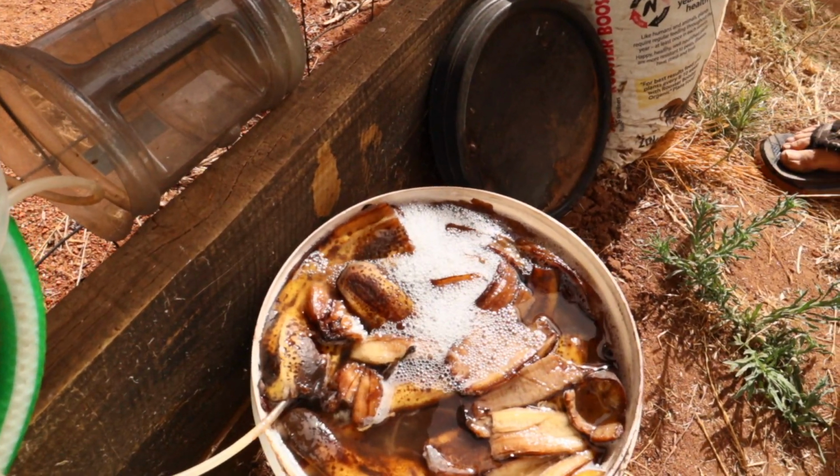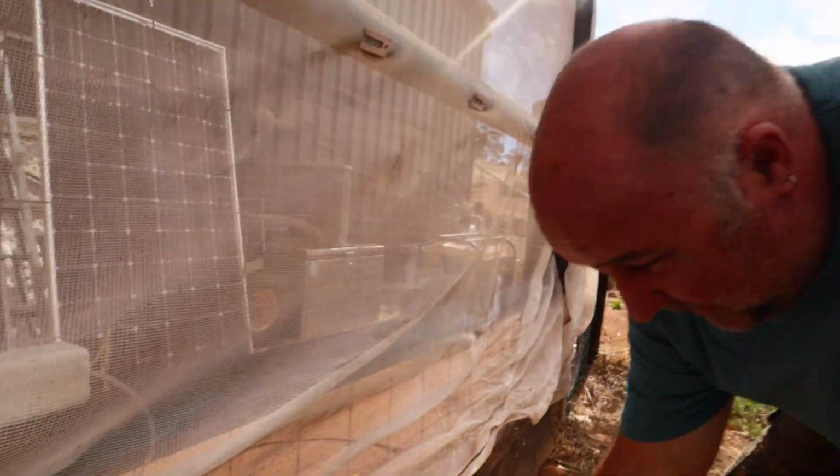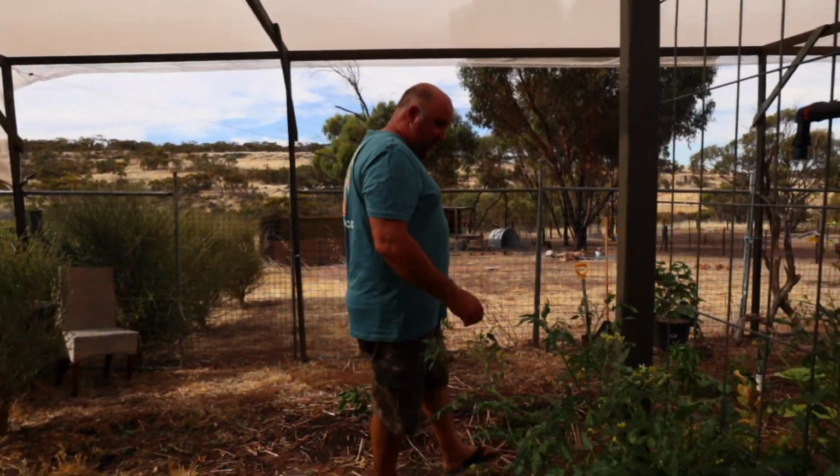So we have some banana peels, a little air bubbler, and we're making potassium tea. Alright, further down this way,